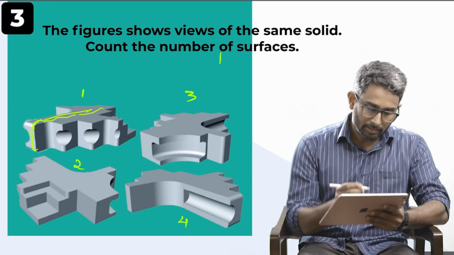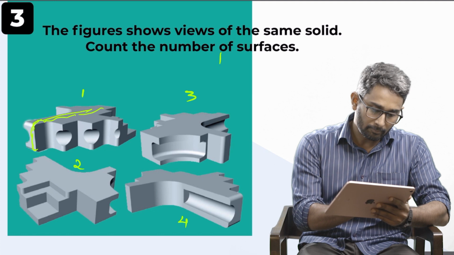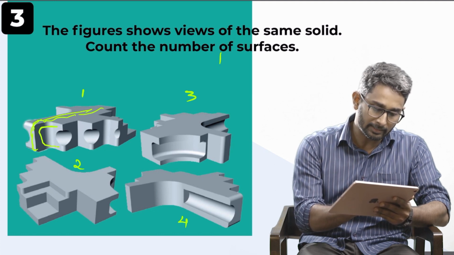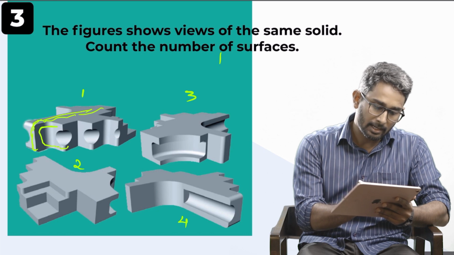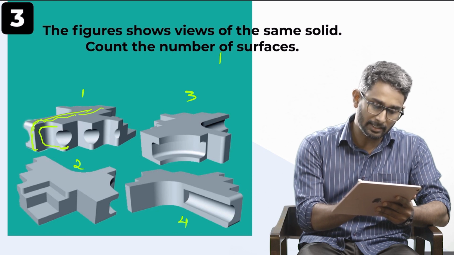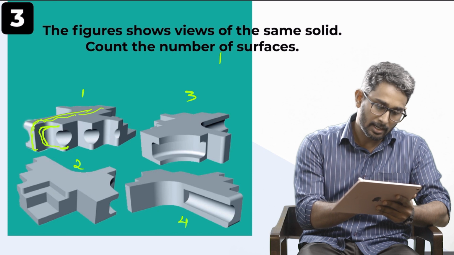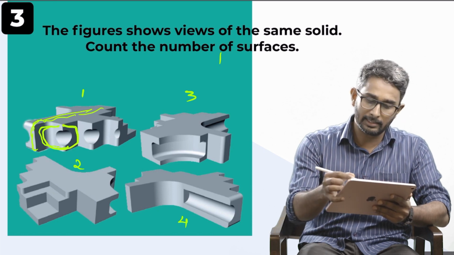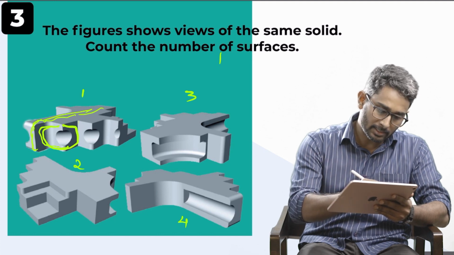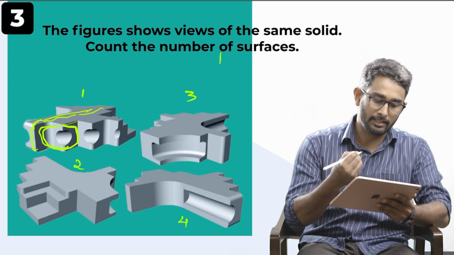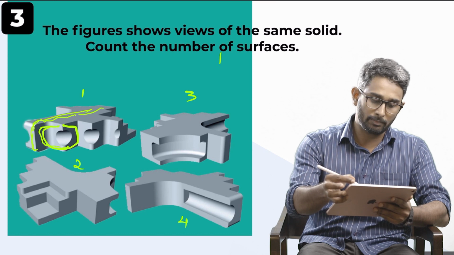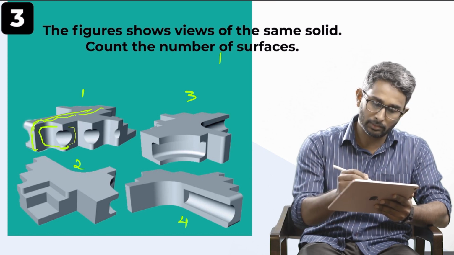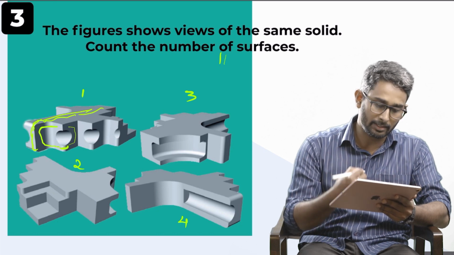Next, if you count this one, this surface is not ending here. Similarly, there is a curvature over here. There is a radius here. So this surface is continuing from here and ending here. This is ending because there is a solid edge here as well as here. I think you got my point. So this surface is up to here. So there is another surface, I am marking it here.